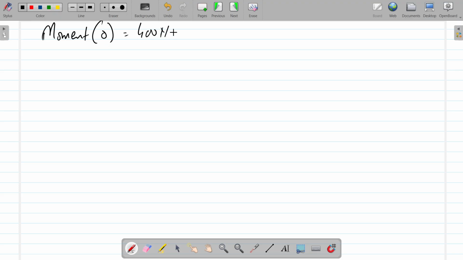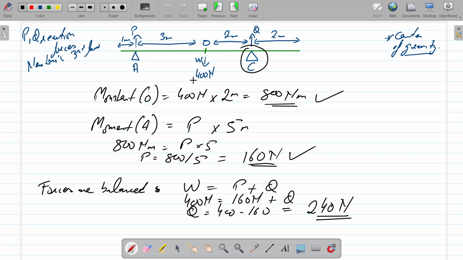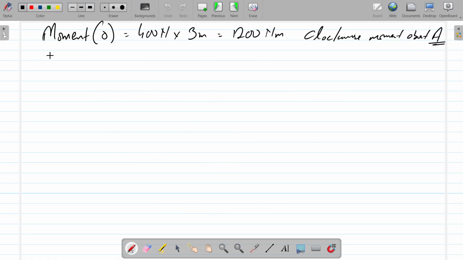400 newtons times 3 meters gives you 1200 newton meters. And this is the clockwise moment about A. Then we need C. So C is 5 meters. So moment about C